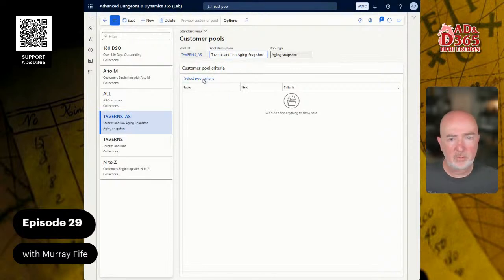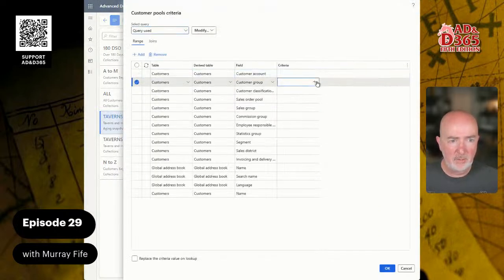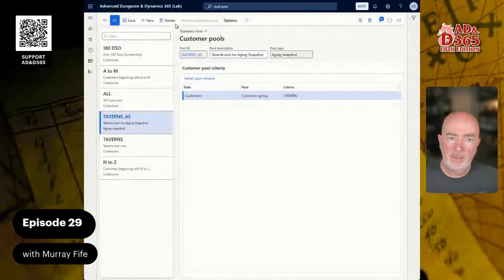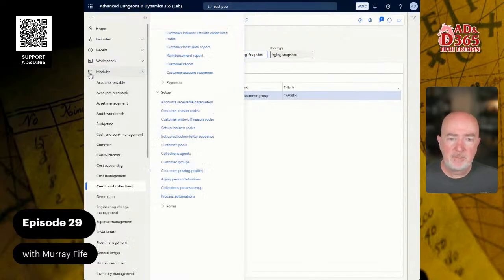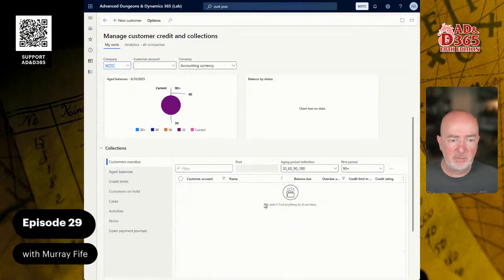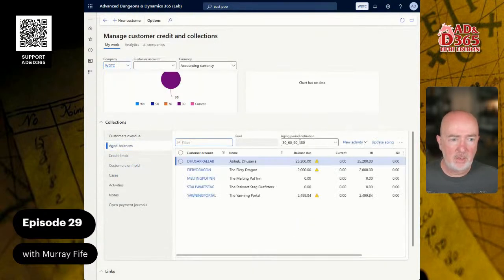And what I'm going to do is create another pool here that is for the taverns. Remove the customer name. Go OK. And then we can save this. So now we've got a taverns aging snapshot here as another type. And I've actually never seen this pool type show up. So what if I go back over to the customer balances and look at our aged balances,